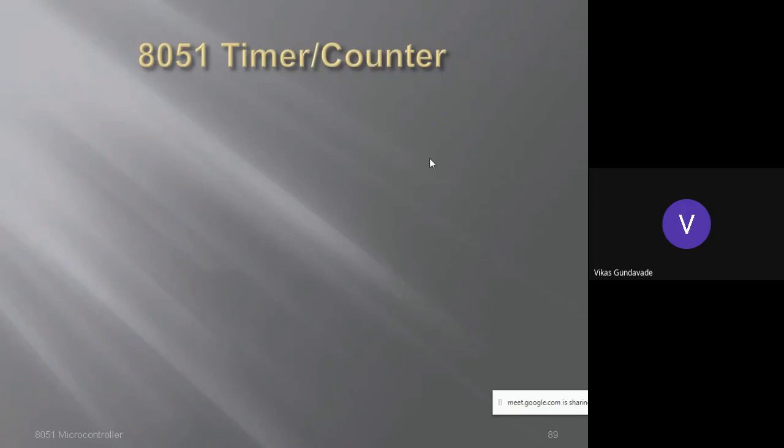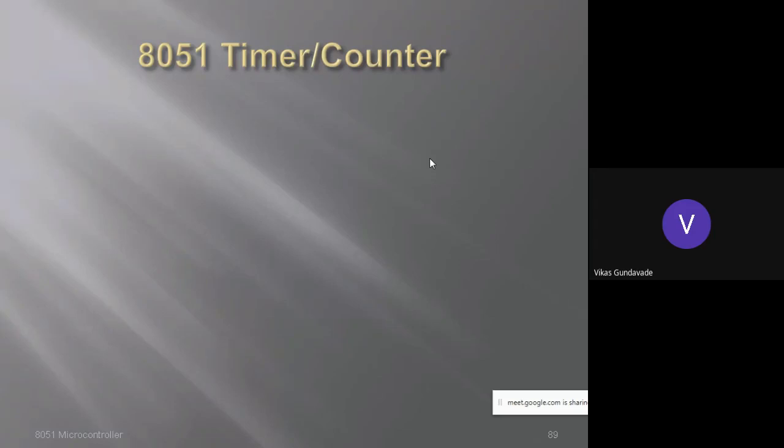Okay, that means for the microcontroller, as there are 2 timers, timer 0 and timer 1, which timer will get enabled? What should be the count that should be loaded into that particular timer, and at the same time, in which mode the timer will work, that will be set or calculated by using the TMOD register.